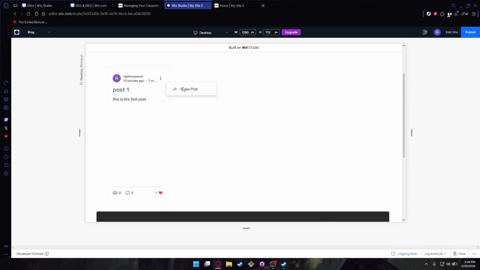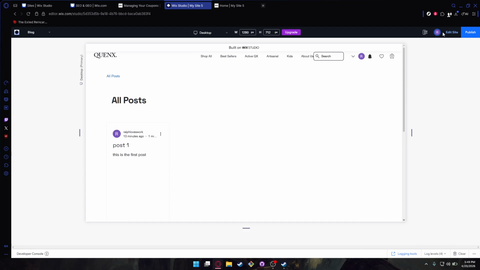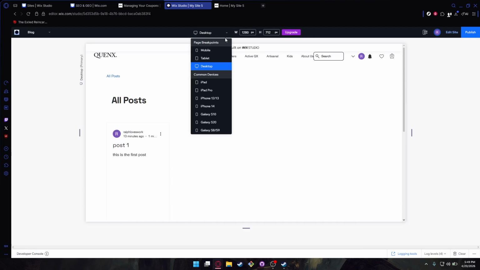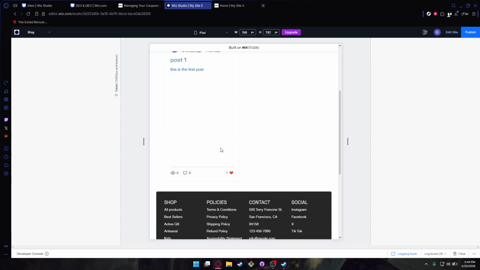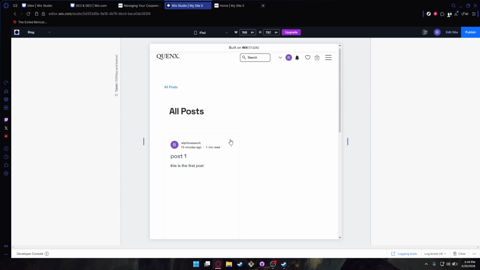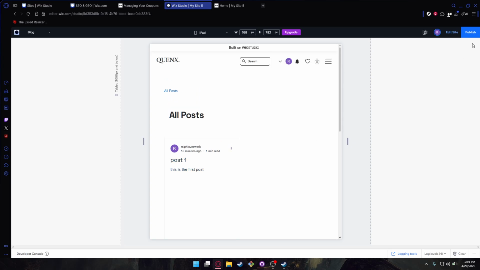Finally, publish your site and preview the results. Back in the editor, click Publish to push all design changes and your new blog content to the live site. Then click View Site to open the live version. Scroll through the blog feed, open your post, and check the layout, images, and links. Switch between